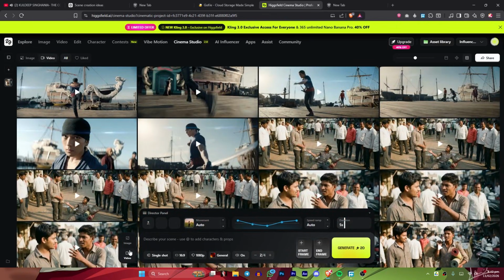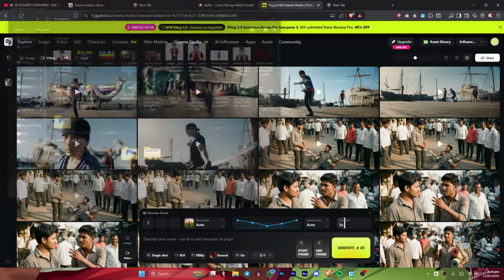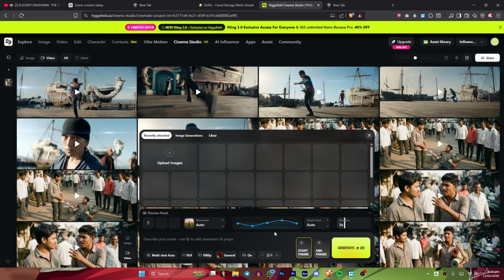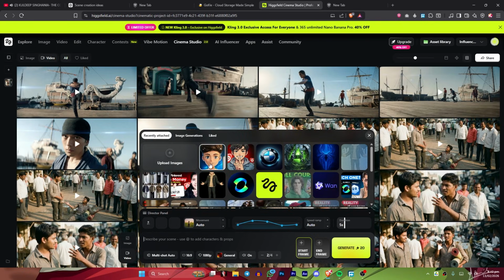Okay, so now to create video, click on the video section, and here you can see a lot of options. Let me explain one by one. Here I can select the input for the video generation. I can upload an image or use the generated hero frame, and this will be used as the base for cinematic video creation. And here I can select the motion mode, automatic mode. Auto mode automatically creates cinematic camera motion based on the scene. This helps to generate smooth and professional cinematic animation.